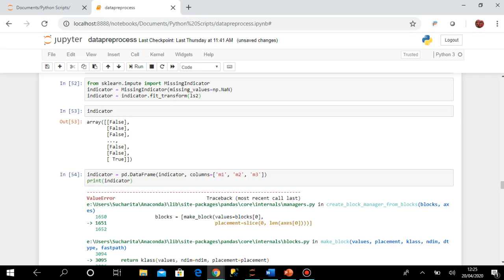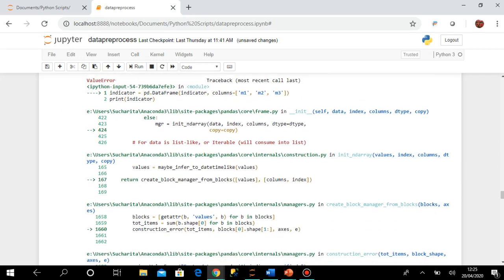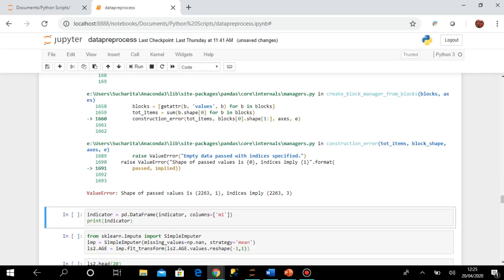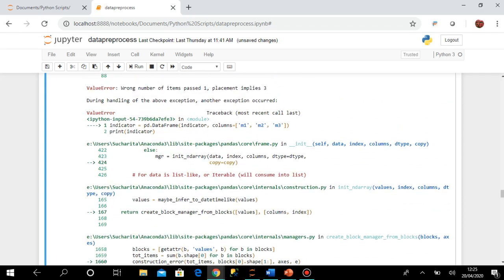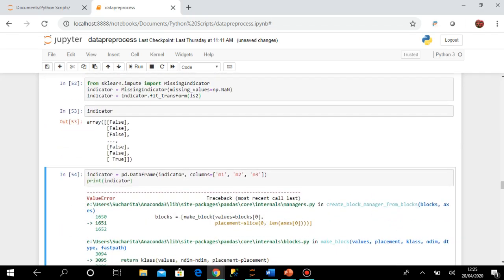If you execute this, you can see that it has an error, and if you scroll down, you can see that the shape of the passed value is 2263 comma 1, indices imply 2263 comma 3. Why is that? Because here I am trying to create a data frame having 3 columns, but actually it has only 1 column. Why?